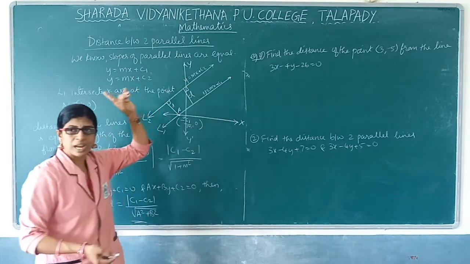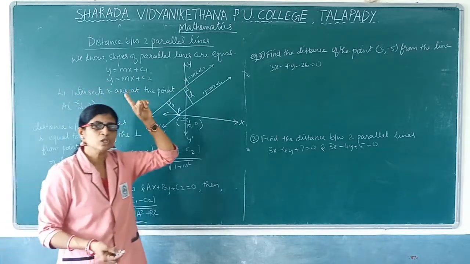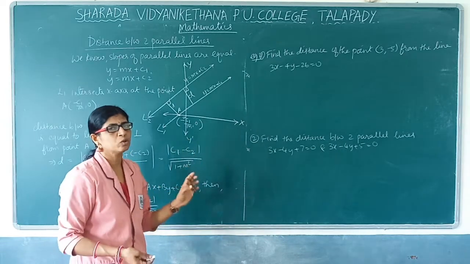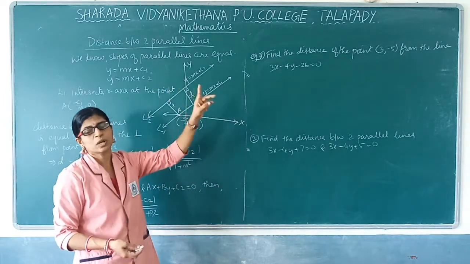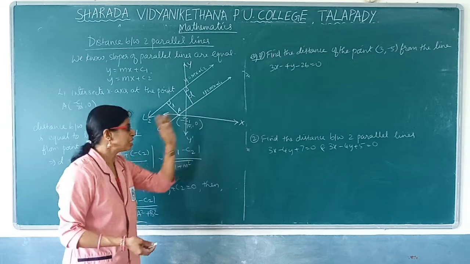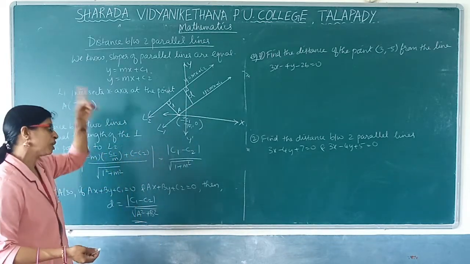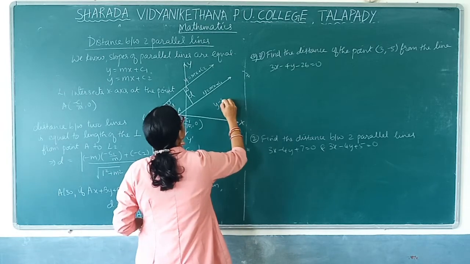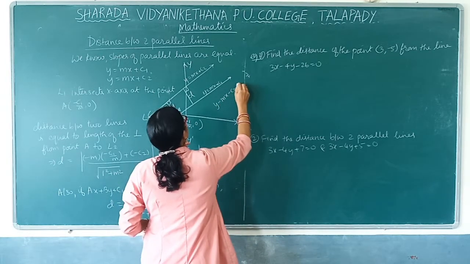Okay, so that equation has been reduced from the general equation Ax + By + C = 0, but here it is in y = mx + c2 form. But when we are using this formula, the equation has to be converted into the general form. What is that form here? y - mx - c2 = 0.